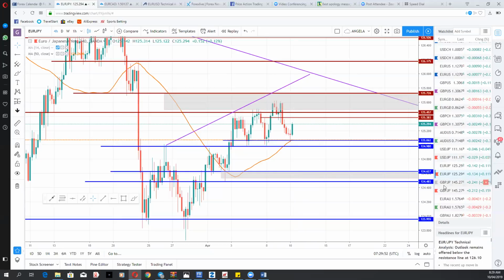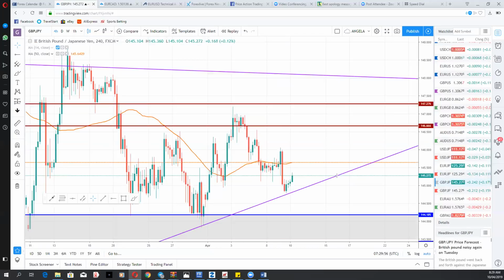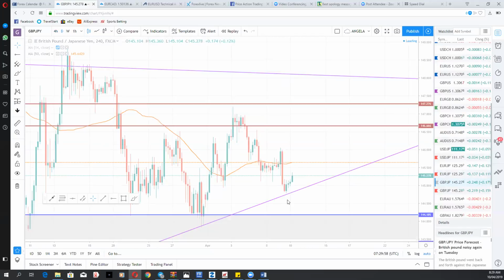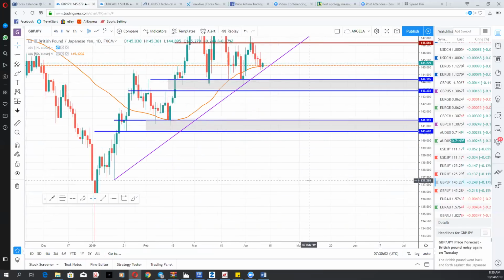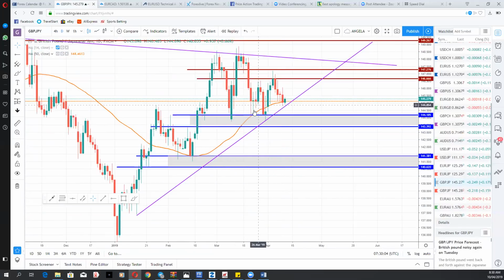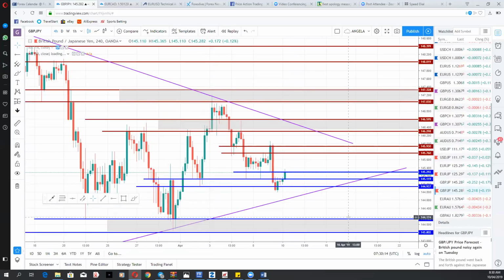The next pair we'll be looking at is the GBPJPY. That's the British pound yen. Look at it from a daily point of view. It closed bearish, but it's at the daily 50 moving average, the daily 50 SMA. So that is giving it a bit of support. I go down to the intraday chart to find out how the levels are looking. So as we can see,